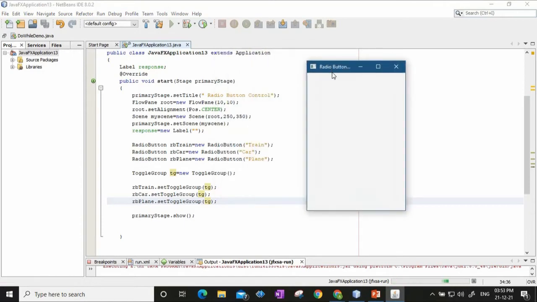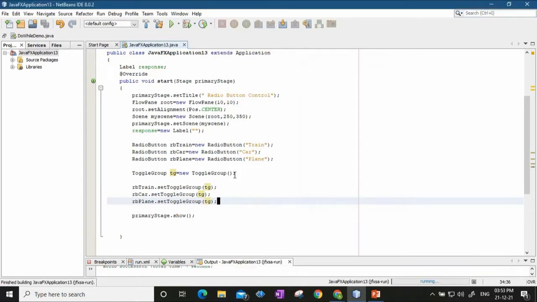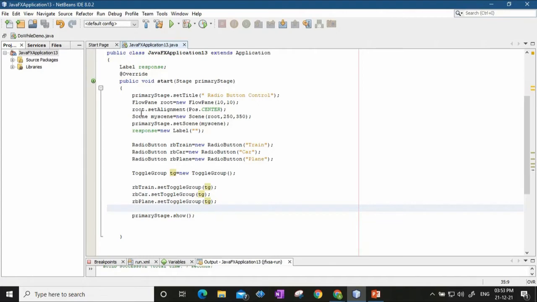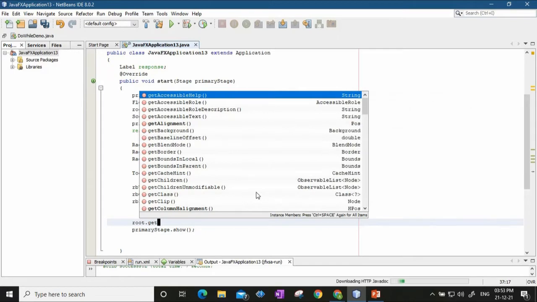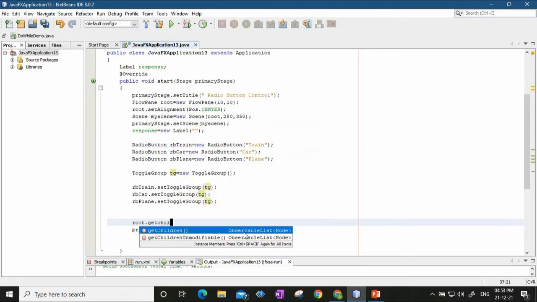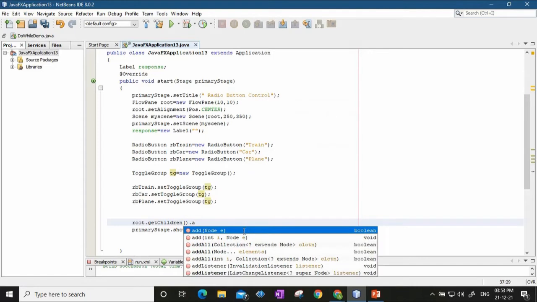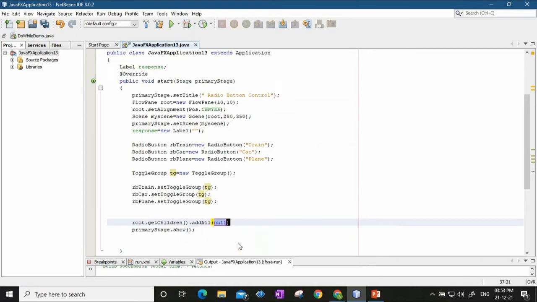Okay, so right now nothing appears because I have not added these buttons to the root node. So let me first add the buttons to the root node. I'll just say root.getChildren().addAll, because there are more elements.